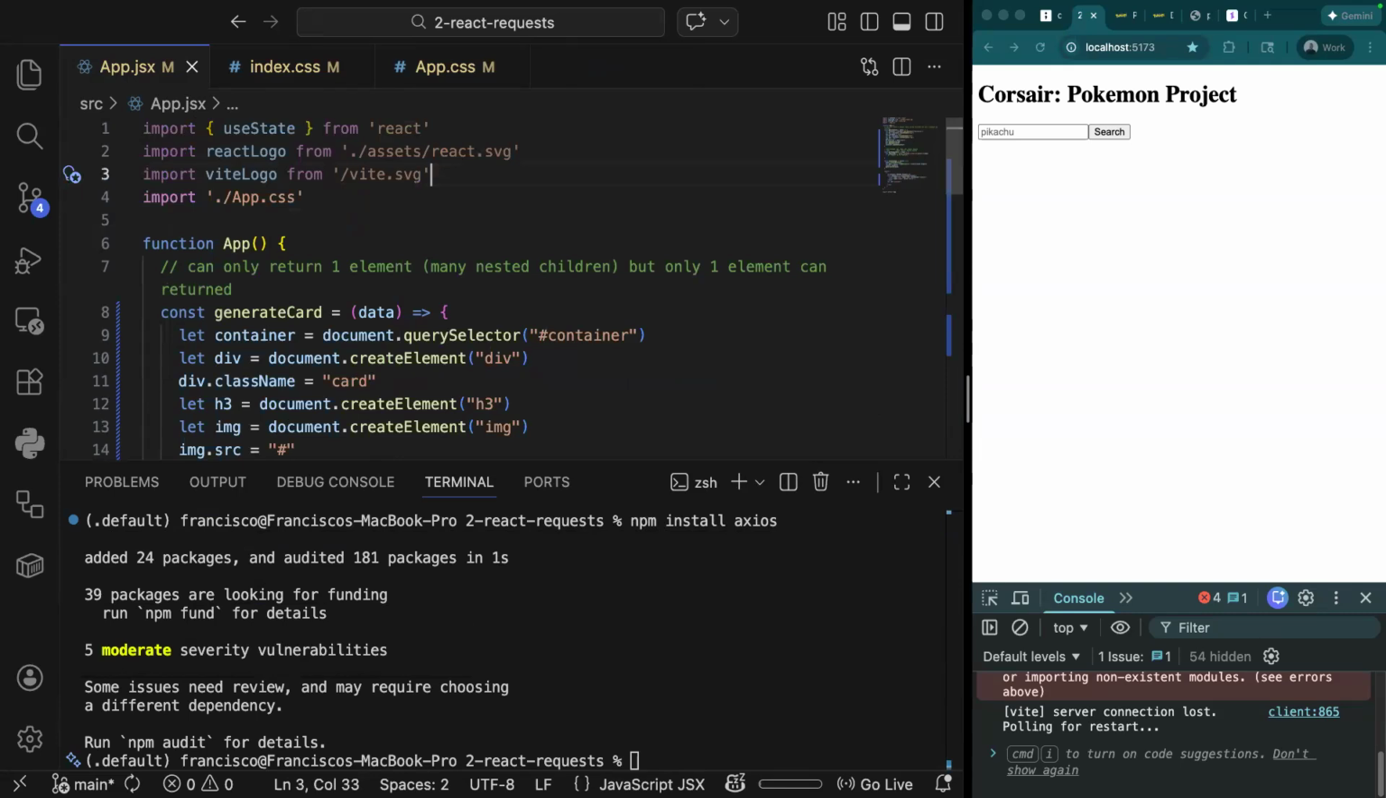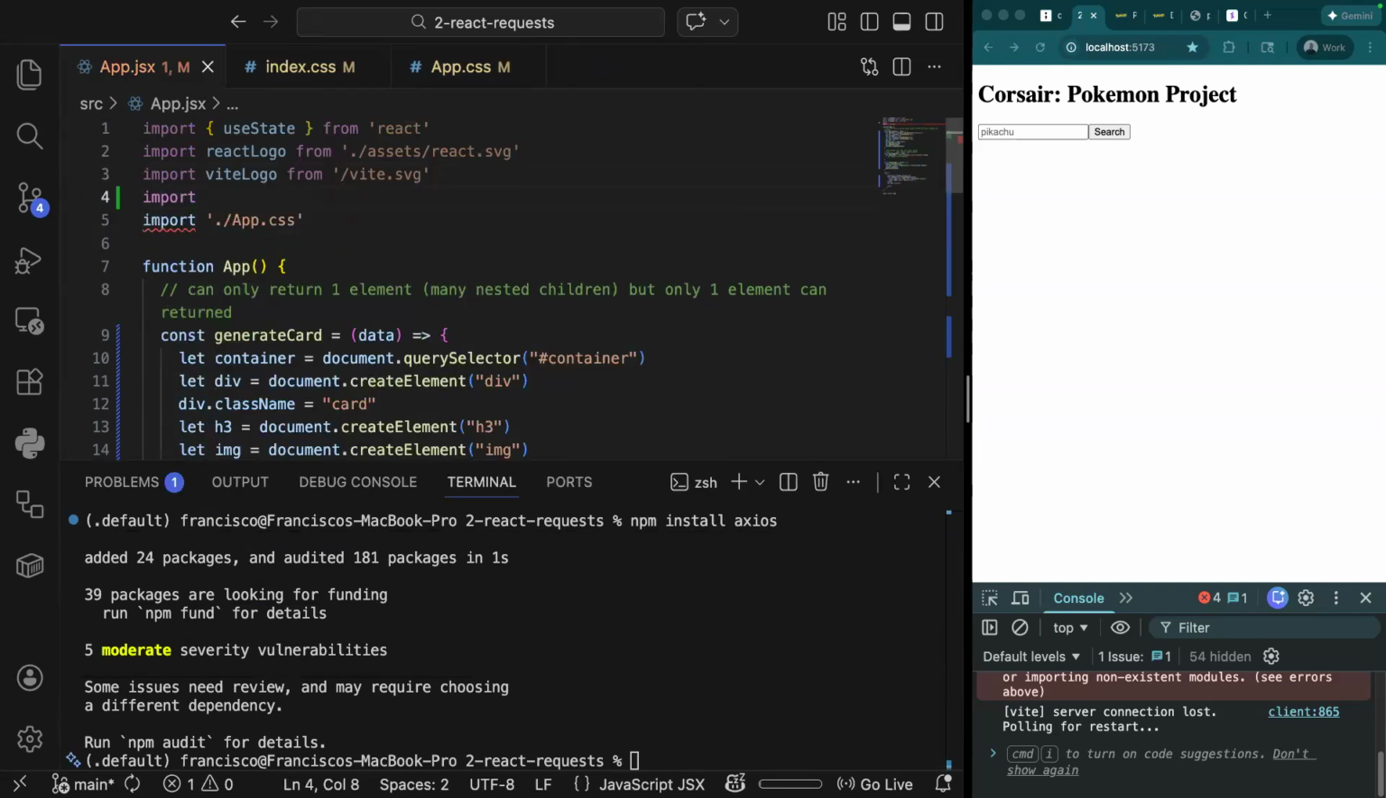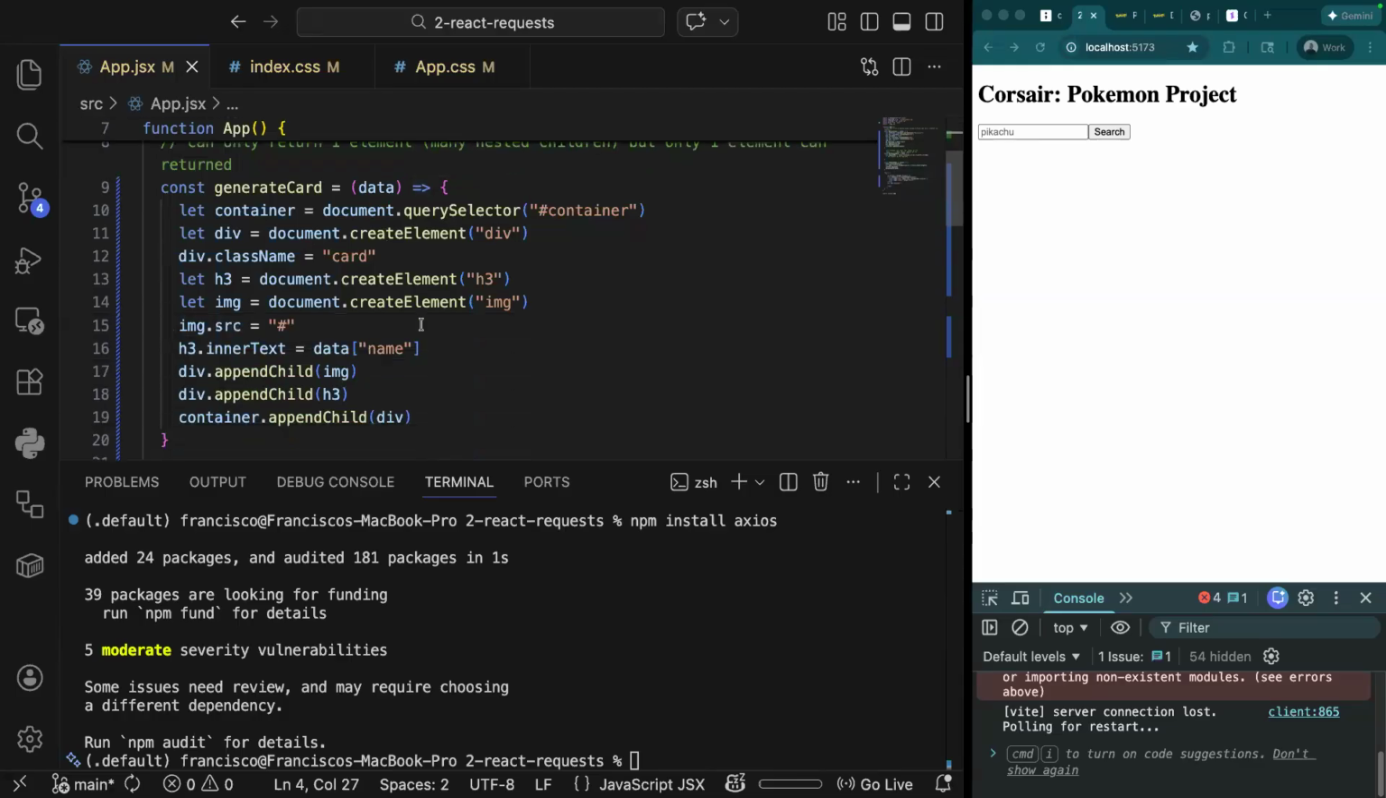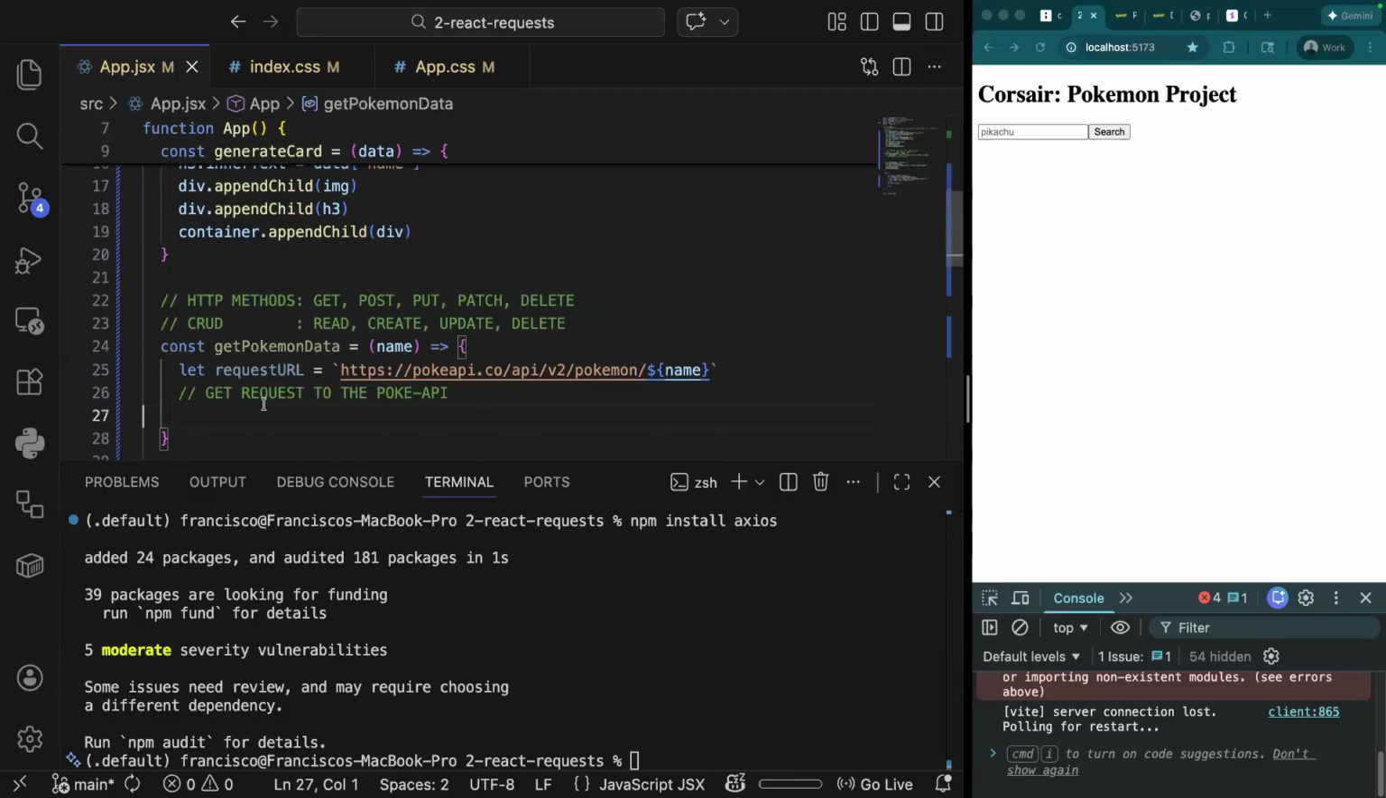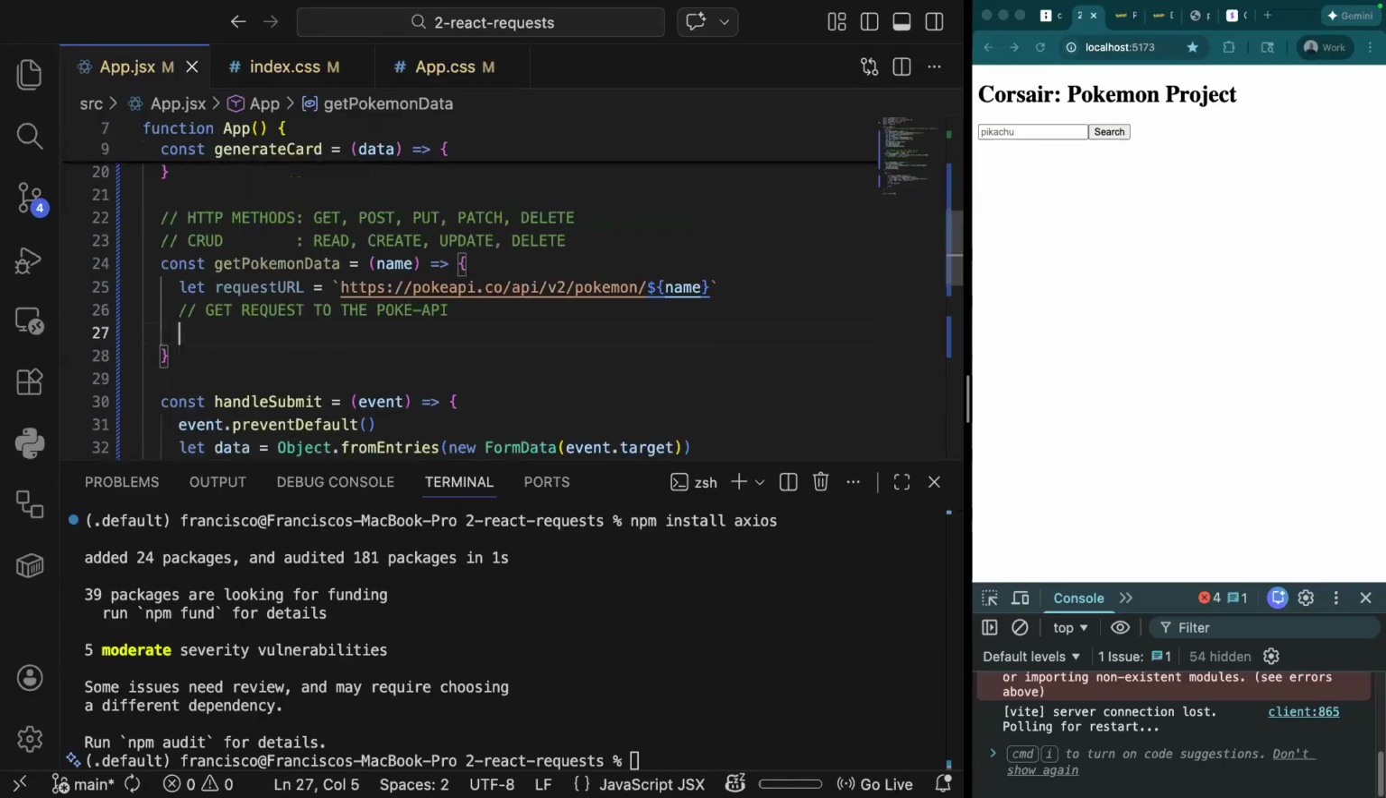First, I have to import it. So I have to say import Axios from Axios. And you can see that this imports Axios for me. Axios is a tool that will allow me to make requests. Well, that tells me that I can say